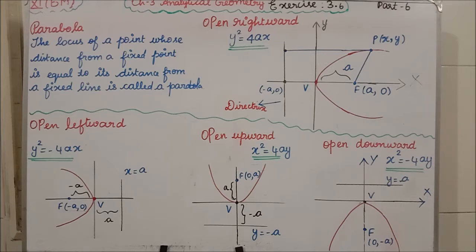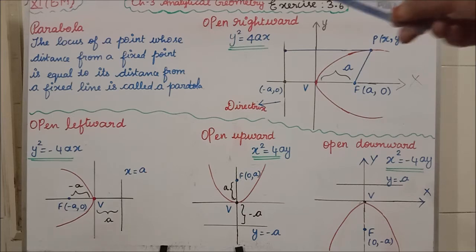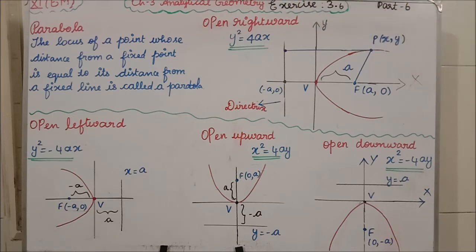Okay, I will explain now in detail in the tabular column. You will be very clear. Now just keep the diagram alone in mind. Open rightward means what formula you have to use? y square equal to 4ax. Open leftward means what formula you have to keep? y square equal to minus 4ax. Out of the four you can keep any two, so that the remaining two you can write easily. Clear, students, all of you?